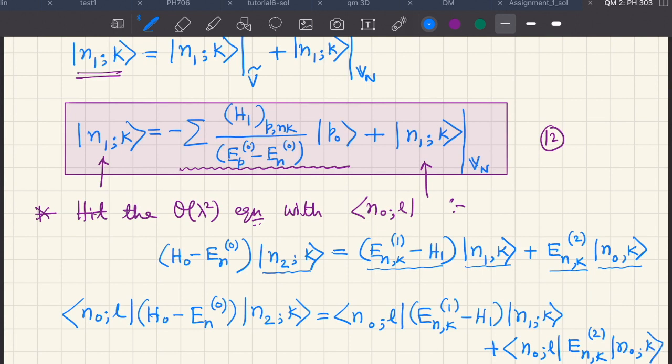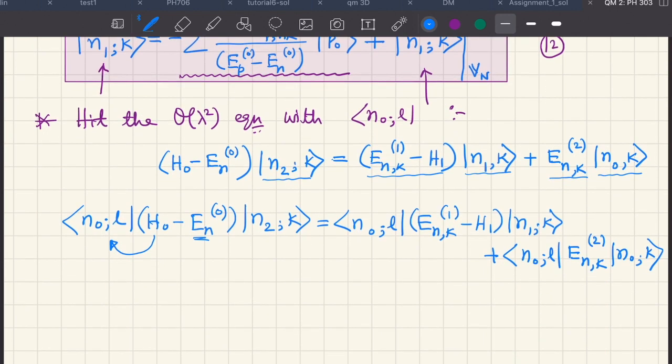Now you can see that when this H0 acts on n0L, it will give us one En0, and this En0 and this En0 will get cancelled. So on the left hand side we will always get 0. So the left hand side will be 0,